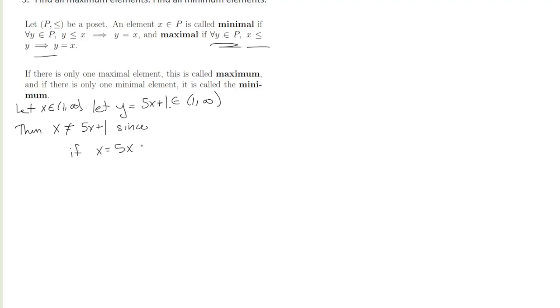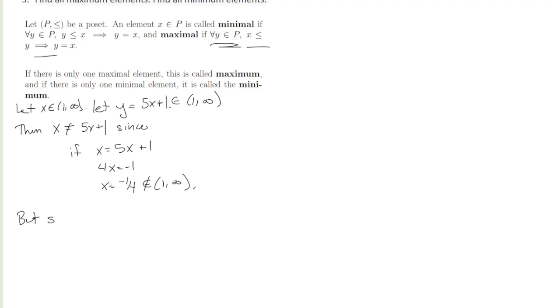If x did equal 5x plus 1, well then that's 4x equals negative 1. x is negative 1 over 4, which is not in the interval from 1 to infinity. Okay? So therefore, there's nothing that'll work there to make x equal 5x plus 1. So x is not 5x plus 1, but